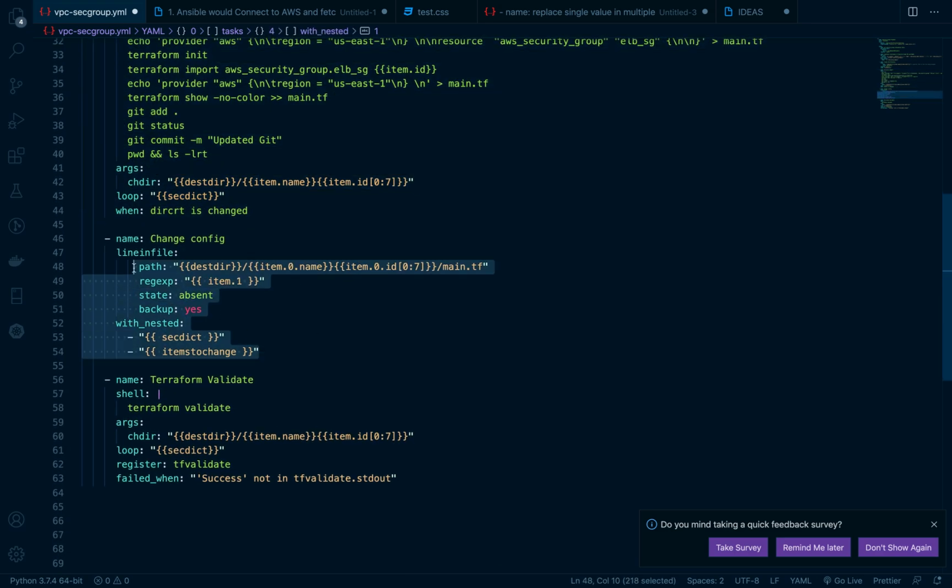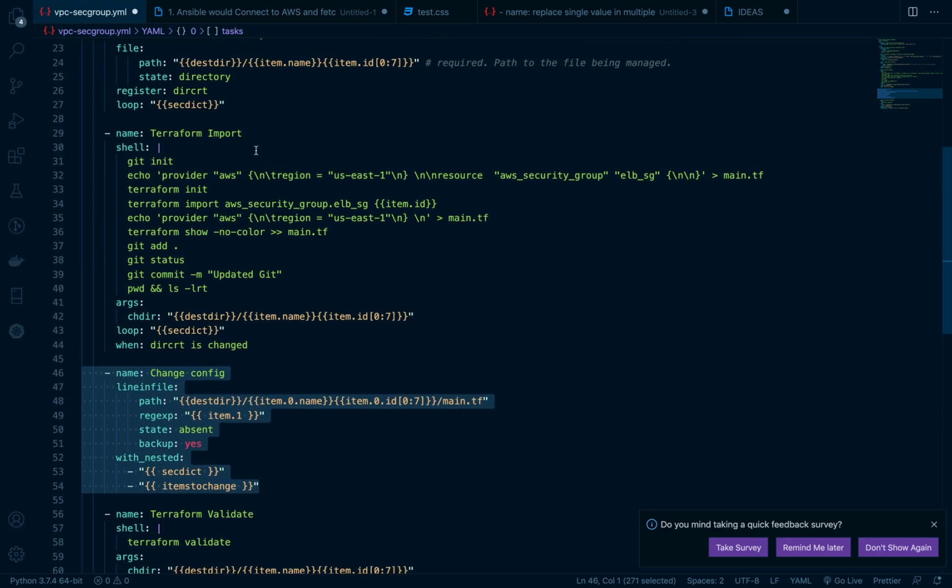Now this is the next task, which is to change the configuration. Why we are doing this is, the file that we are getting with terraform import or terraform show is actually syntactically correct, but it is not eligible to be used with terraform for your further automations, because it would have a few elements which need to be removed.